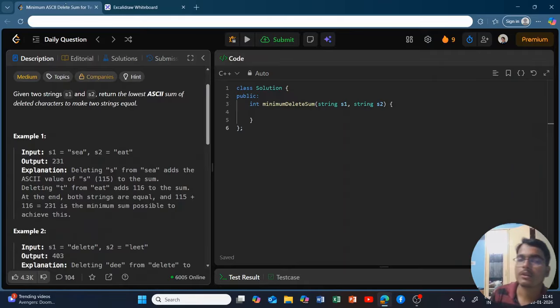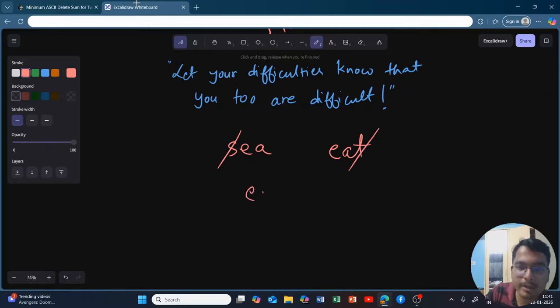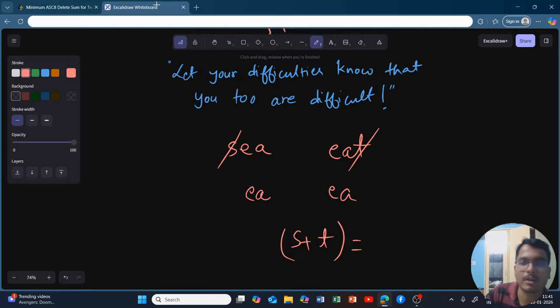equal to each other. Okay, so if you see the first example, the first string is given as SEA and the second string is EAT. So if you remove S from here and if you remove T from here, both of the strings become equal, right? They become EA. And what is the ASCII value of S plus the ASCII value of T? This will be our answer because that is the minimum possible. So the ASCII value of S is 115 plus 116 for T, so it will be 231 is your